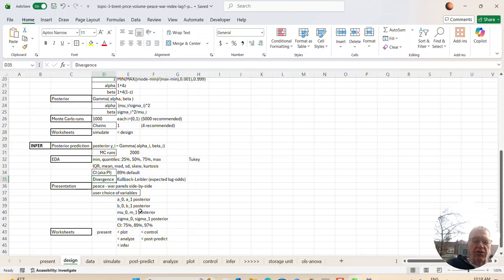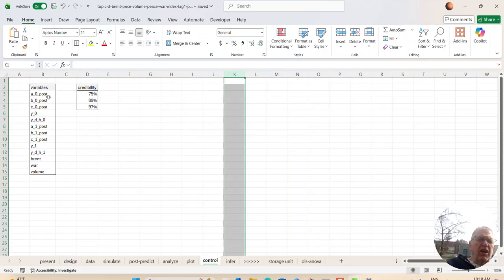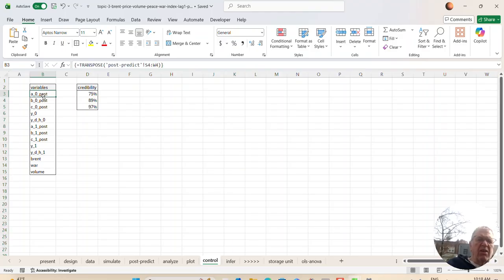In the presentation sheet that we saw originally, we'll have panels side by side, user choices. So we're going to be needing to generate all of these. And we have a worksheet called control. Let me show that quickly, which has in it the variable names. These variable names come directly as data from another sheet, and so on. And this one here is what we set up on our own. We might want to use 95 here